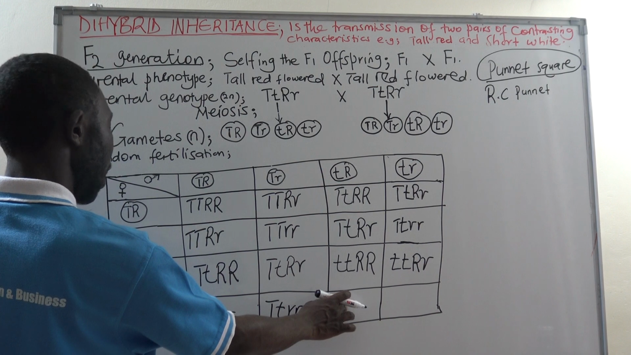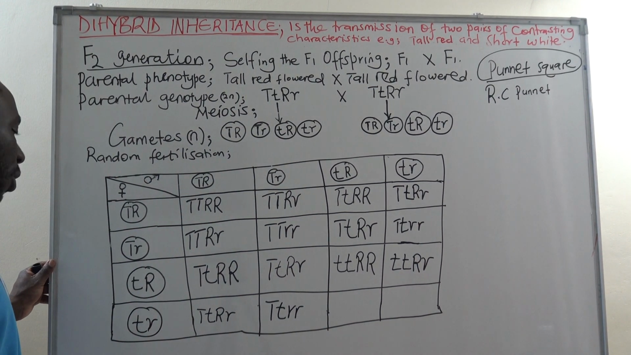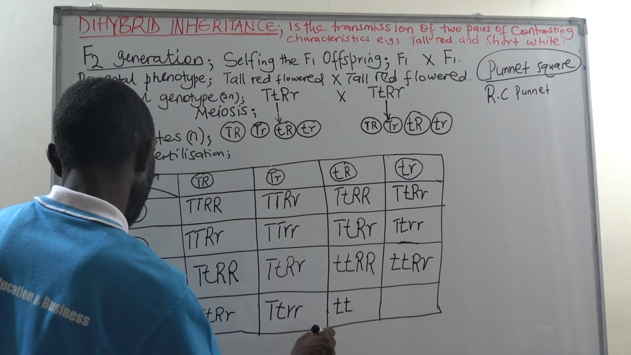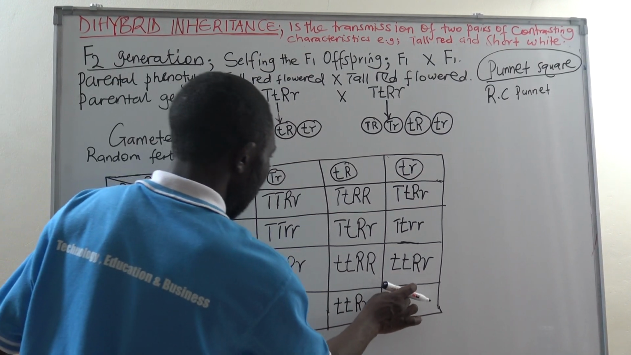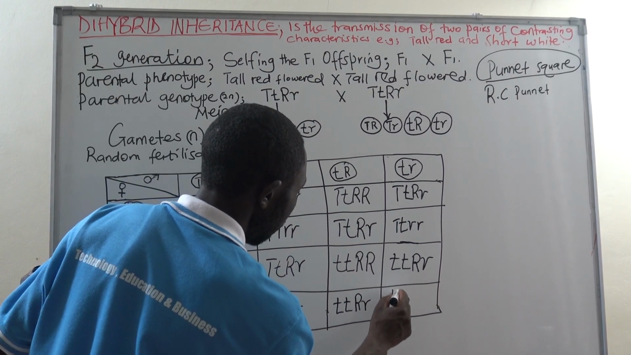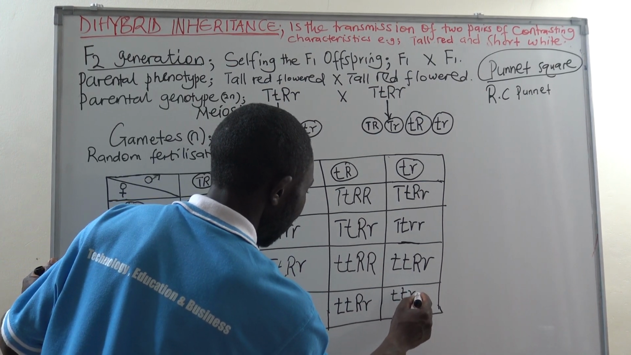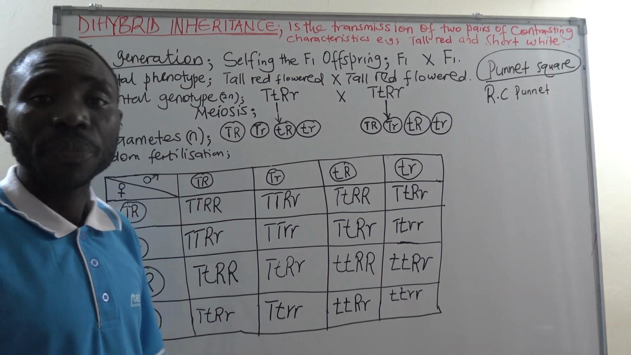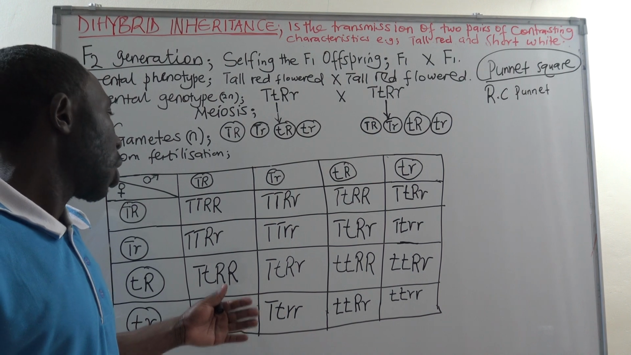This one will bear a genotype of small t, then capital R, small r. This one here will bear a genotype of small t, then small r. Having done that, the other important thing is to ensure that you give